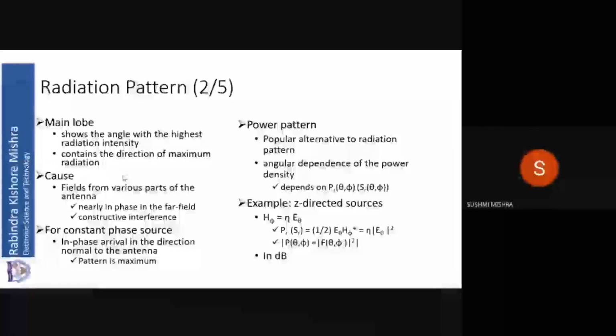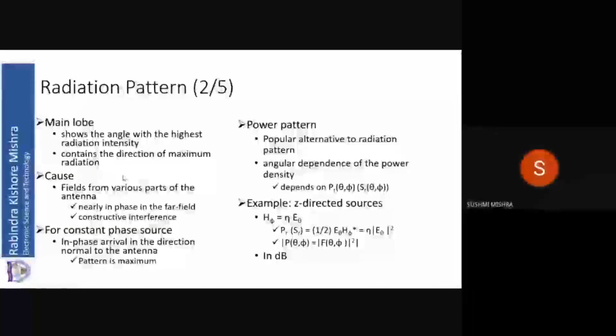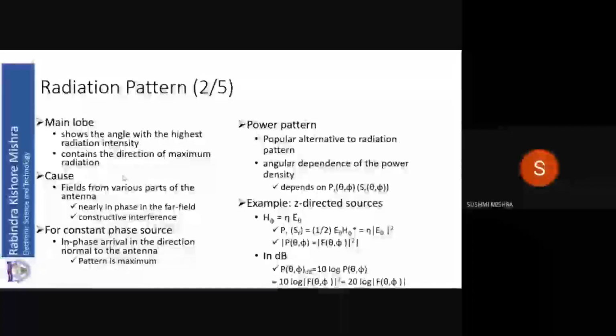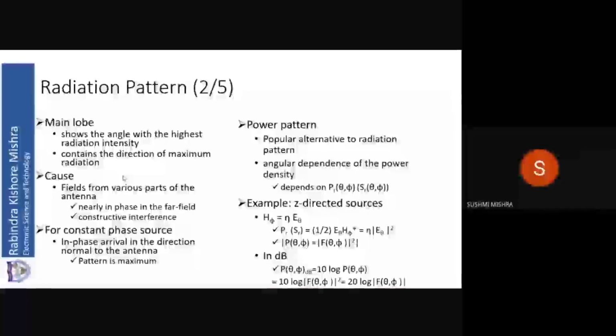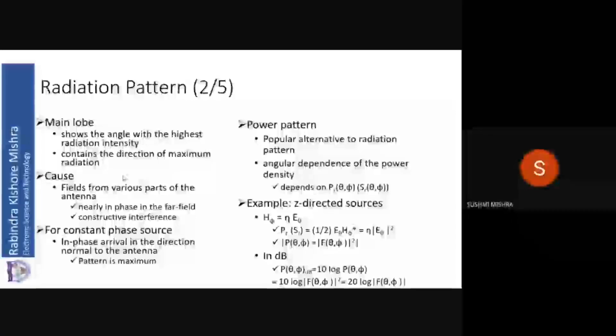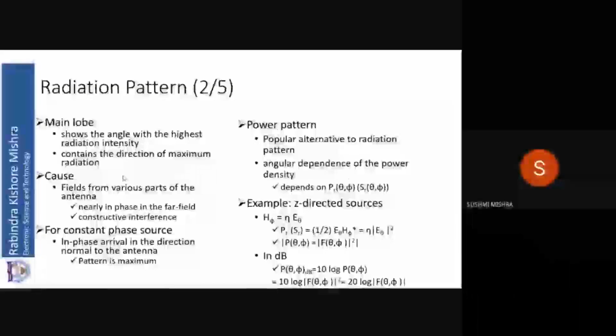In this, we find out the variation of power with angle. How to find out power? You can always find out power by finding out the Poynting vector. I hope you have already studied Poynting vector either as P or as S in your electromagnetic course. P or S is equal to real part of E cross H star, real of total of E cross H star.